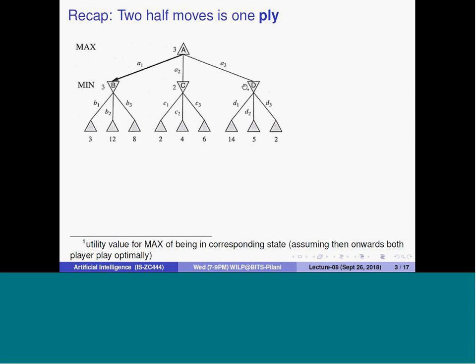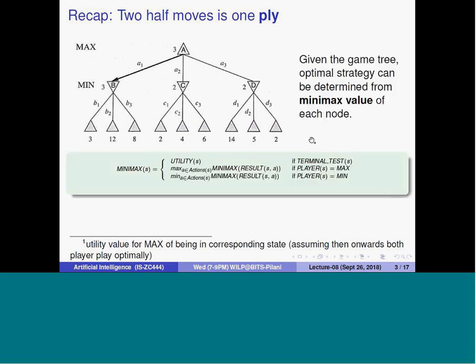I would get into the scenario to get into 3 only, 2 only. So the best one is to take the action. Which action should I take? I should move to B by taking the action A1. So I should take the action A1 to reach over here. By this I can maximize my chances.